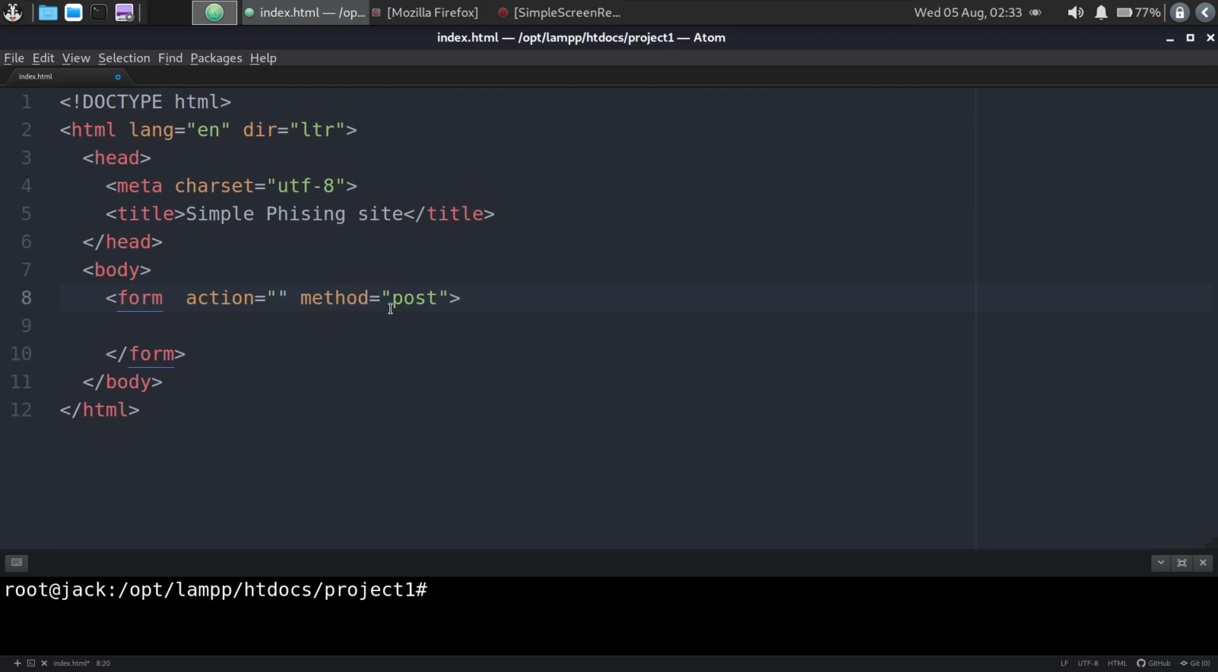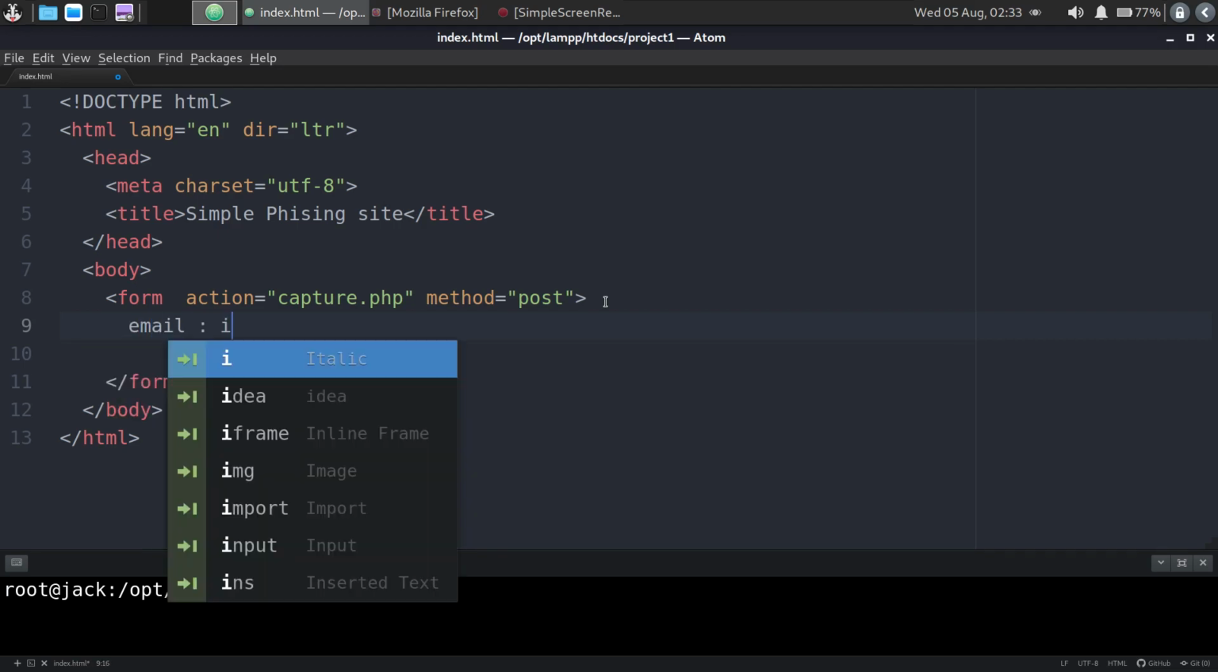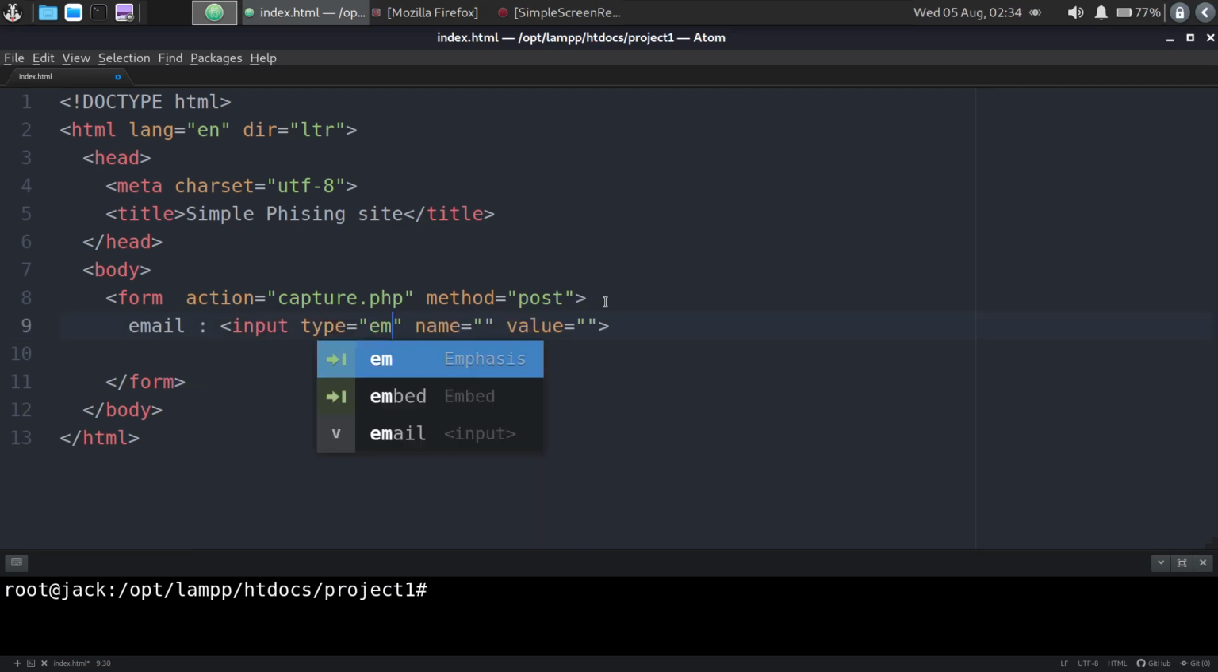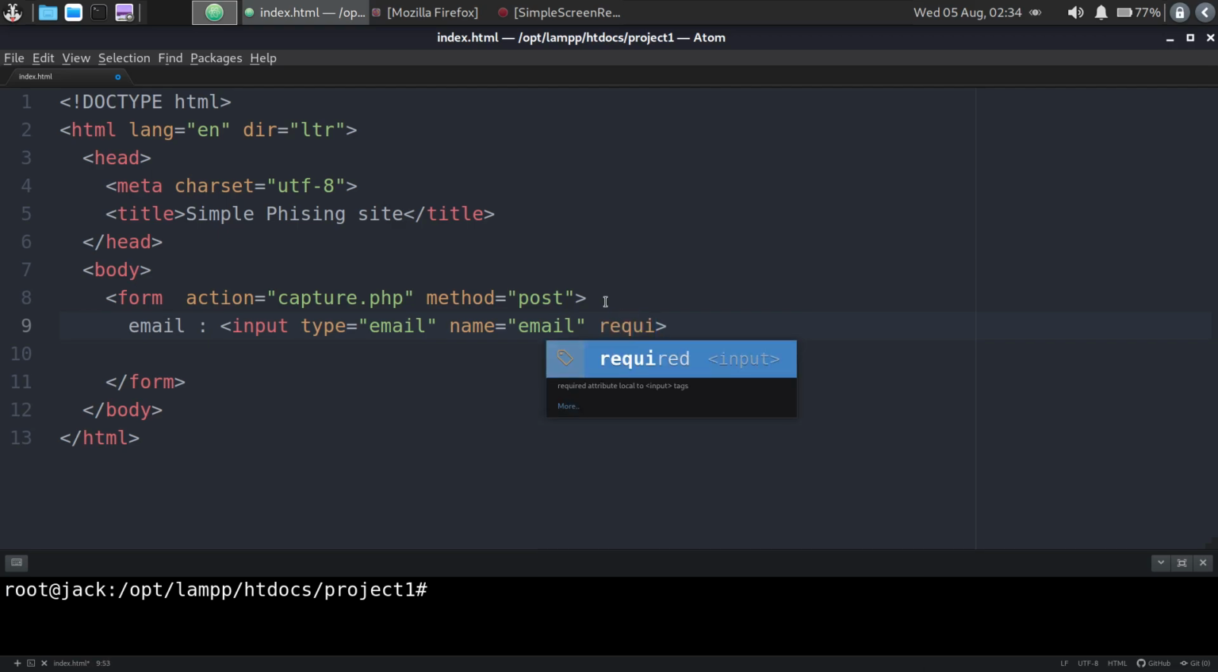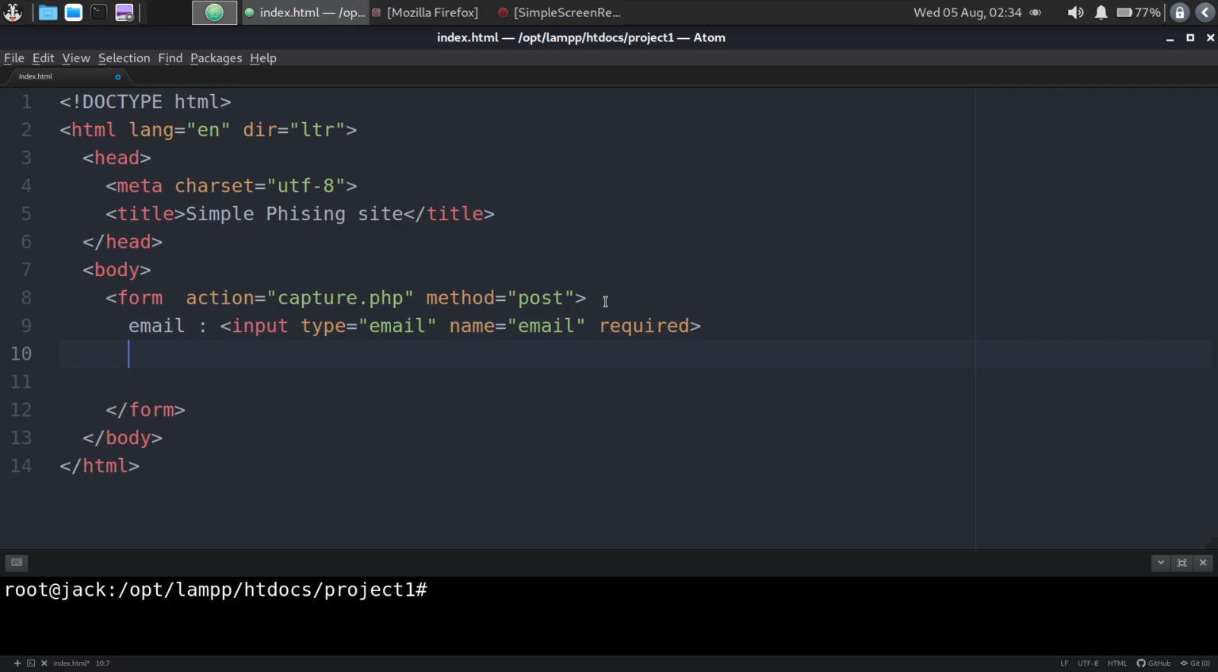Okay, so here the action will be capture.php and the method will be post. Now the first input tag will be email, so the type will be email, and then the name will be email. This name will help us to pass the email into capture.php. So required, and then